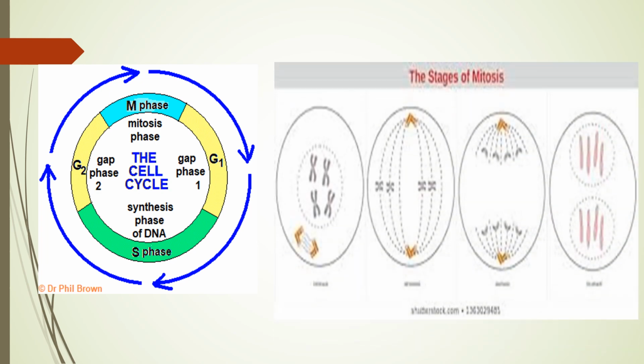Now these are different stages of the mitotic cycle. You people already know, and the daughter cells which are formed contain the same number of chromosomes as the mother cell. For example, if the mother cell had 46 chromosomes or 23 pairs, all the daughter cells will have 46 chromosomes or 23 pairs. In this case, the mother cell will divide into two daughter cells only, whereas in meiosis the mother cell divides into four daughter cells.